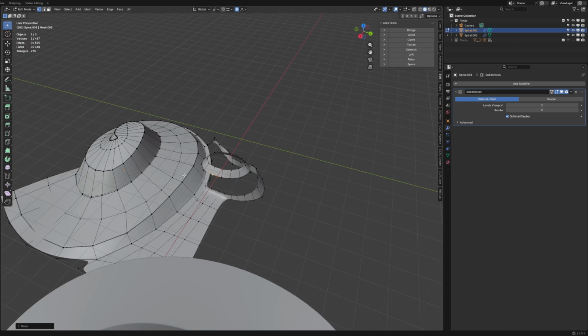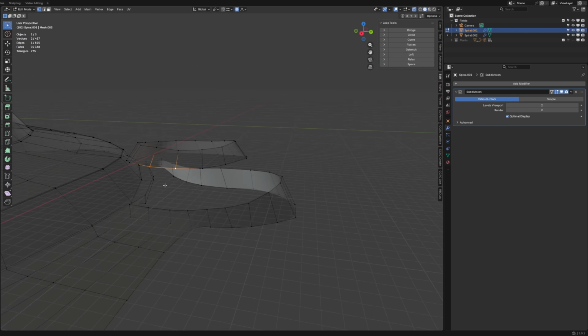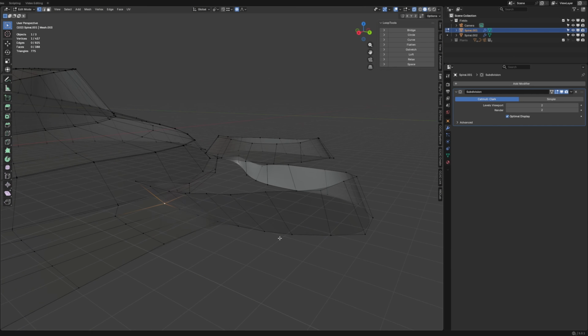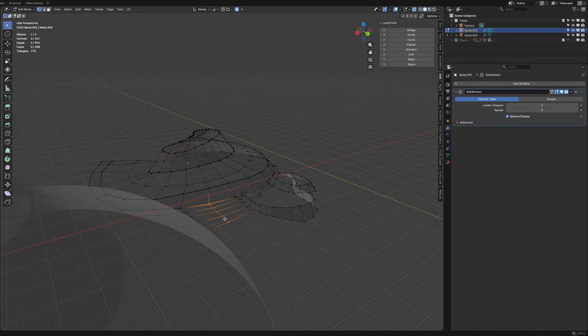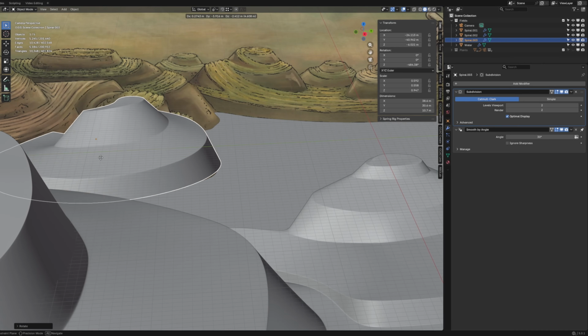For that I use the concept art as a reference and start with the spiral in the middle and on the left. Here I construct the fields and hills by keeping the overall shapes of the drawing. Then I also add some connecting parts like the road or the flat field at the bottom, and I also